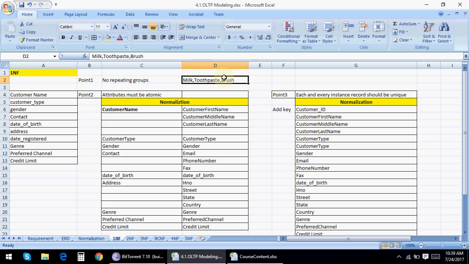I mean the new generation databases. That's what the first rule of normal form says. These days we don't enter data in a single column like this, and it is not supported by the new generation databases. So no repeating group, in the sense there should be no array of values for a single column, single cell. You should avoid this type of entry. The second point of first normal form says that attributes must be atomic. Atomic in the sense you should not be able to divide further.